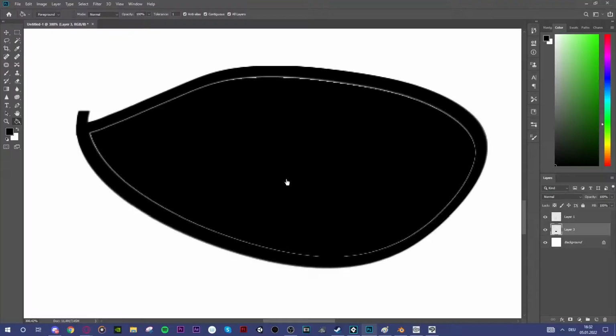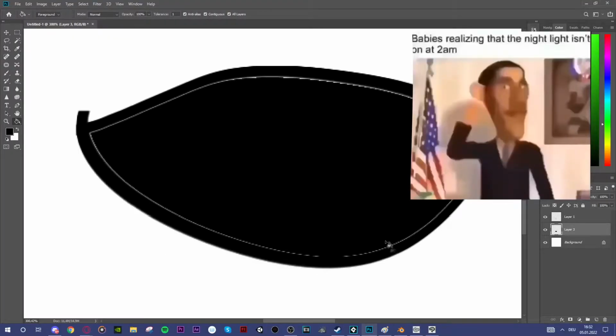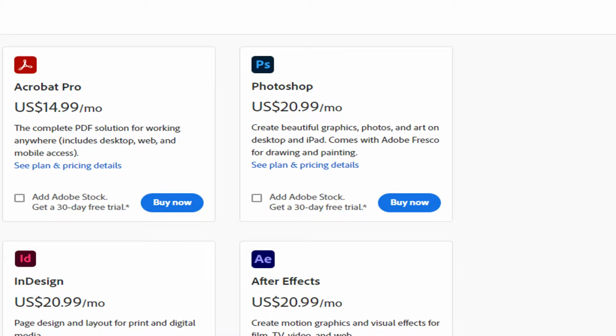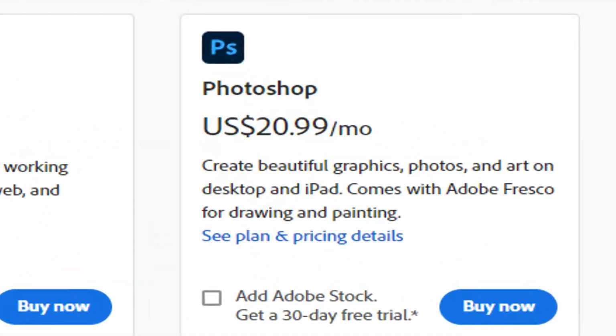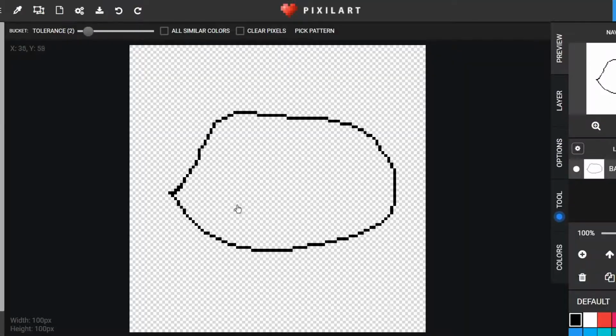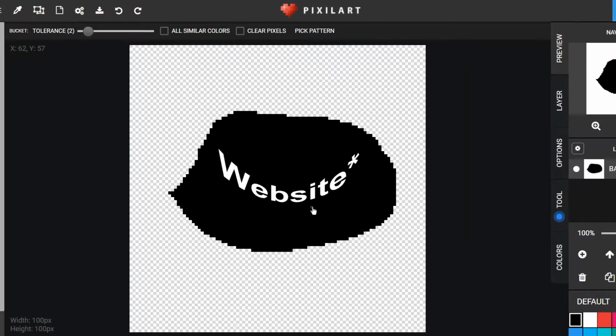What is this? Do you know that this is a line from a multi-billionaire company? You aren't Microsoft Paint, you're a program that is demanding to pay $20 per month. Why does the bucket tool work in Blender and Clip and even in that one pixel art program? What the hell is wrong with you?